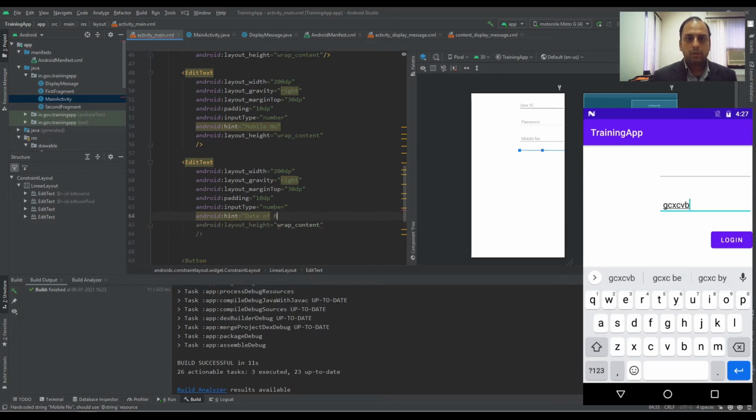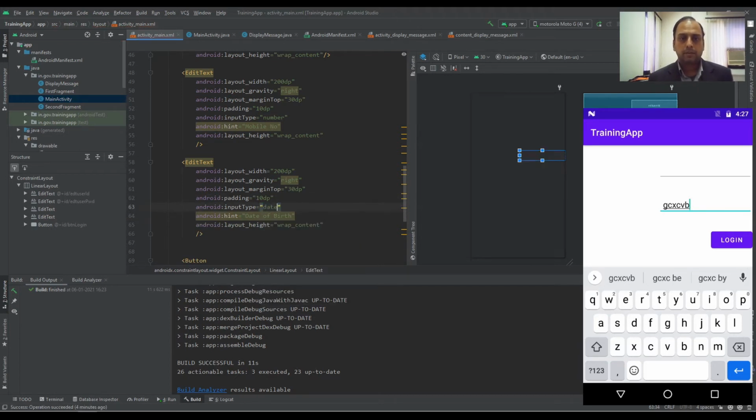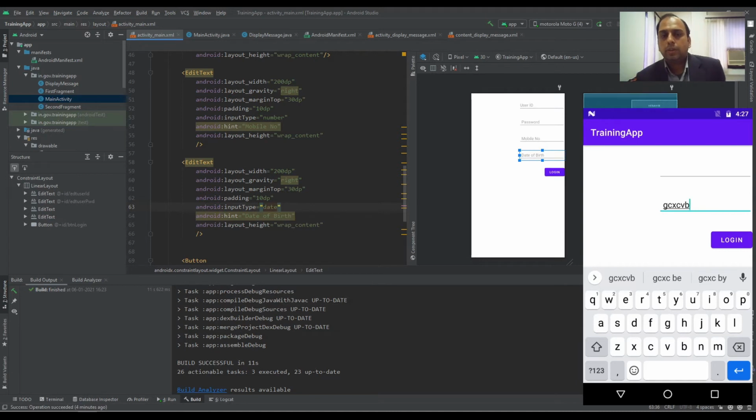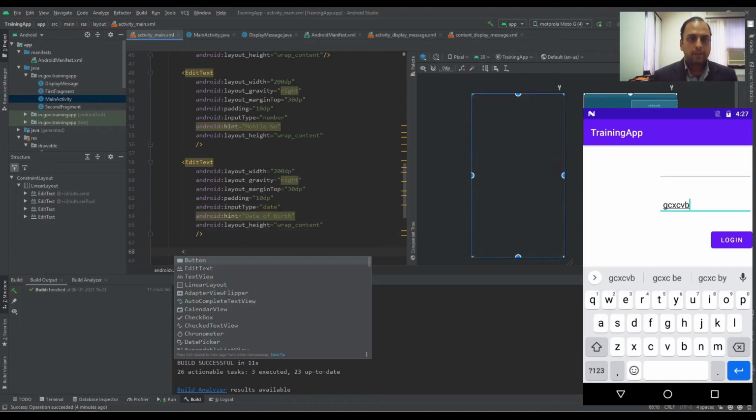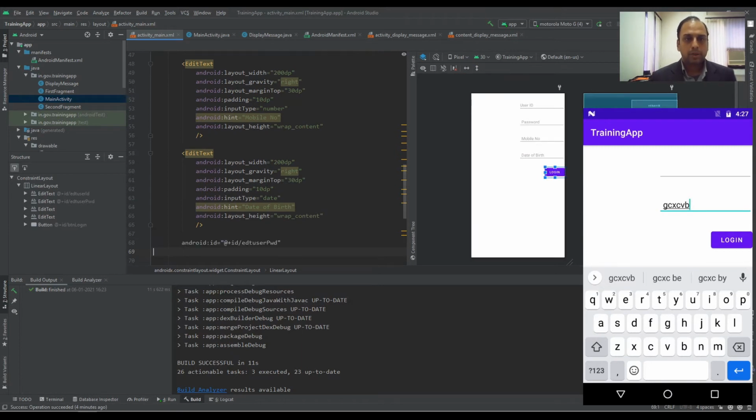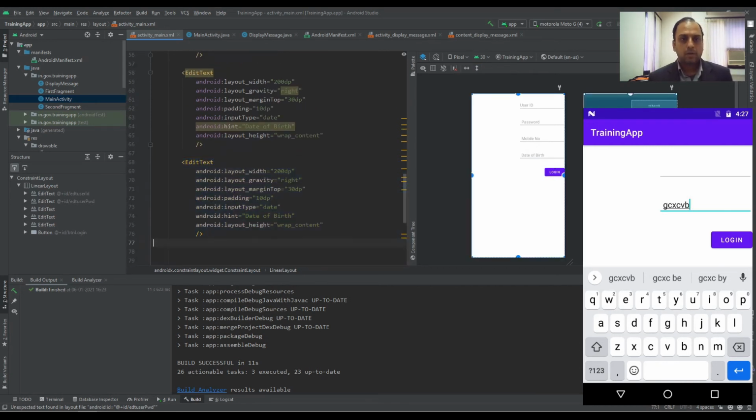Here we are going to ask date of birth from the user, and the type is date. Okay, you can use date time also. Let's say one more edit text we are going to make, and here instead of date it can be time.